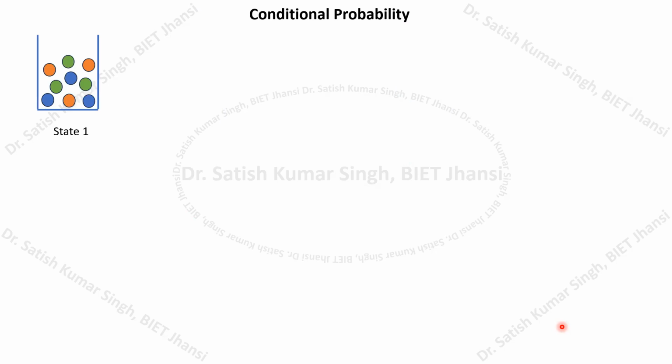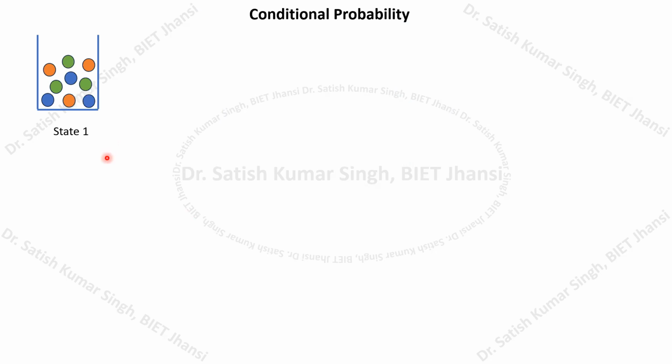Okay, so let's try to understand this particular container, which contains a certain number of balls, and these balls have different colors. Let me ask you one question. If we have this particular case, then what is the probability of drawing a certain ball? Here we can see that the balls are in equal numbers: green balls are 3, red balls are 3, and the blue balls are 3.